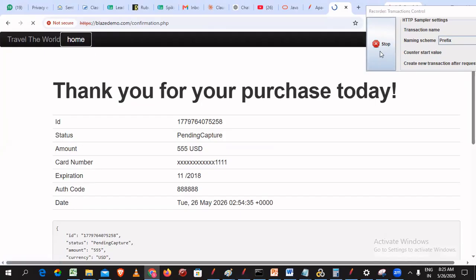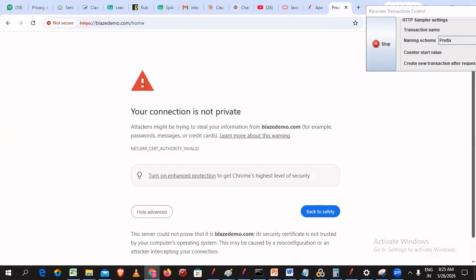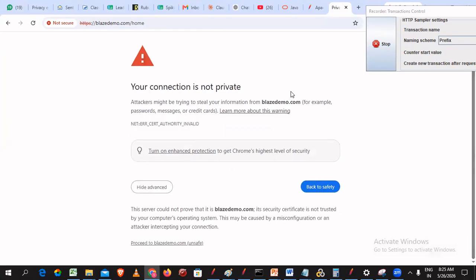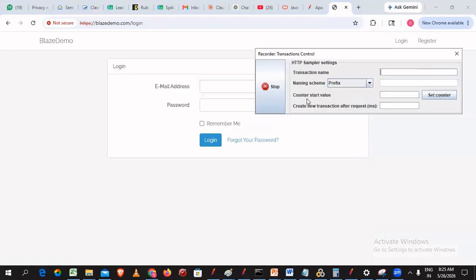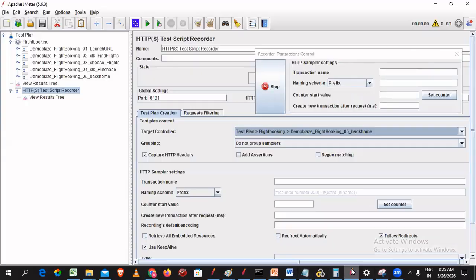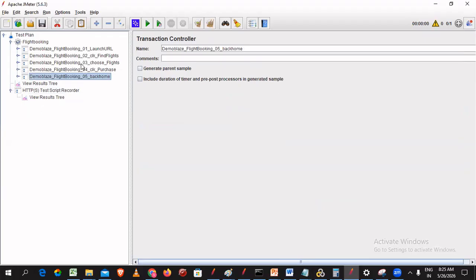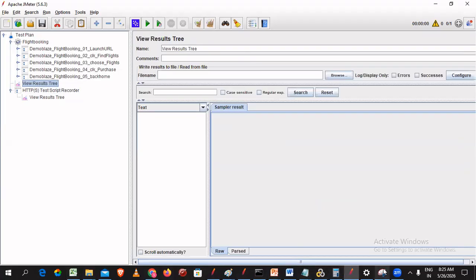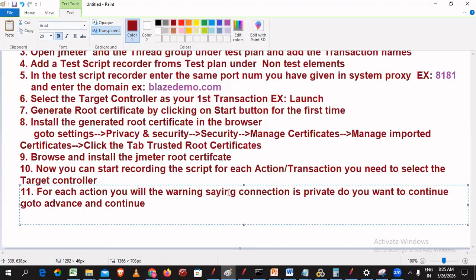Don't close this when you are in the middle of the script. You have to stop once we complete everything. Now you got the page, right? Now I can stop. Please cross check once. Okay, I got the script. Yes. Then you can stop. Now your script is recorded. Simple. For each action you will get a warning saying, yeah,